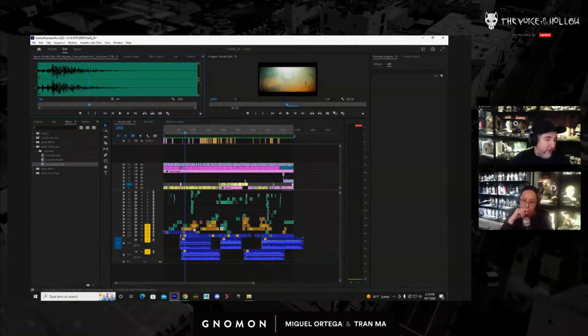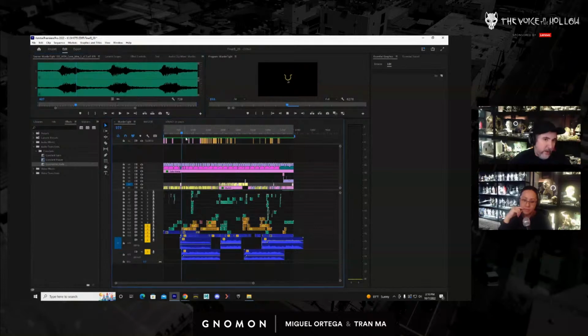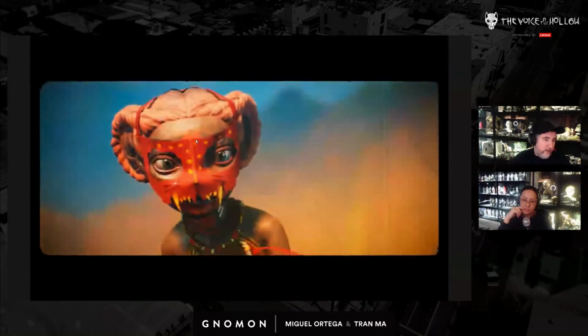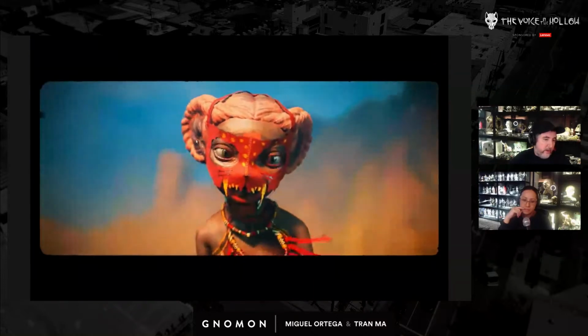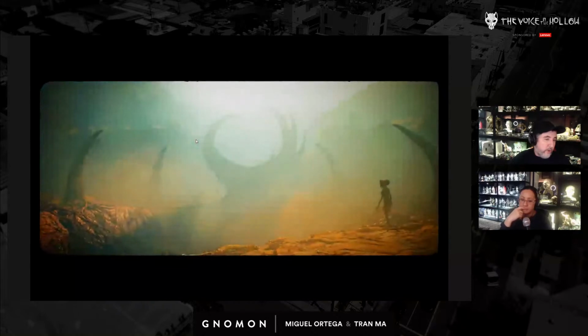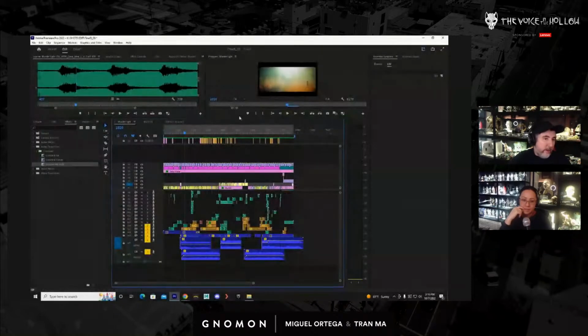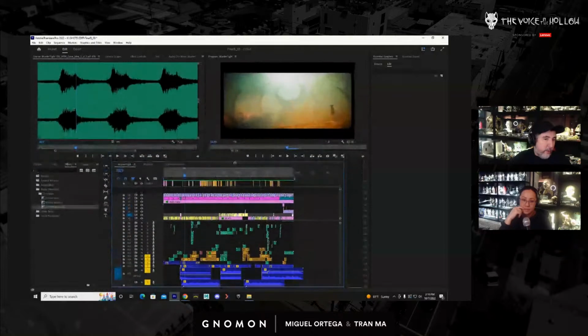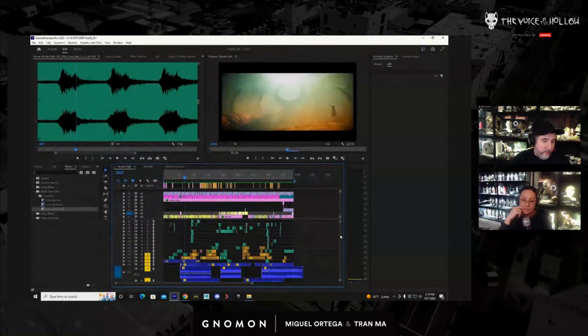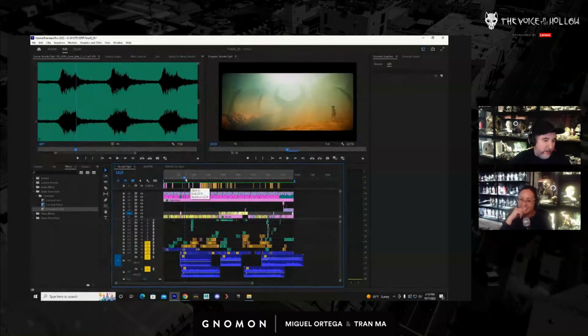That's not part of what the composer did. That's just me going in there and saying, I need to emphasize this right here. So as we cut to this and see the big tree for the first time, we have the drums kicking in to let people know, okay, we're in trouble. This is kind of doom.